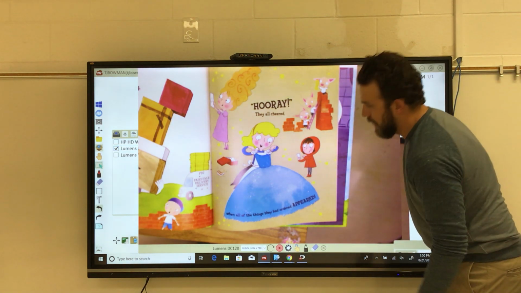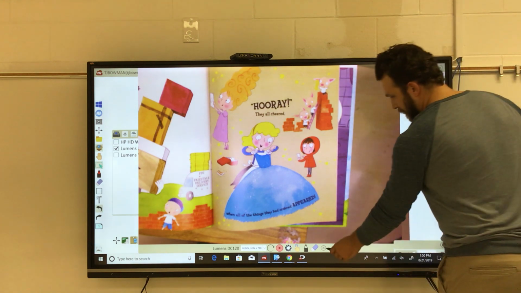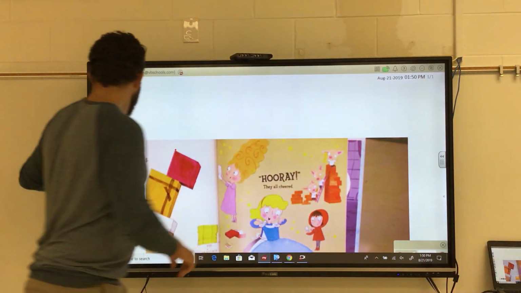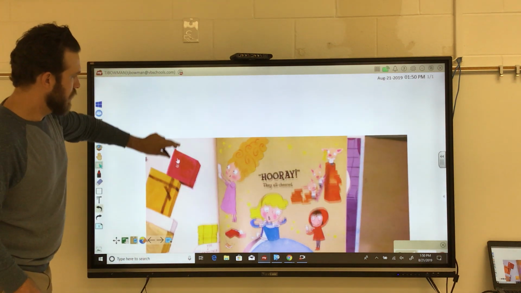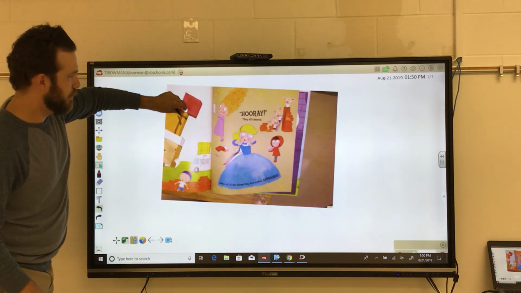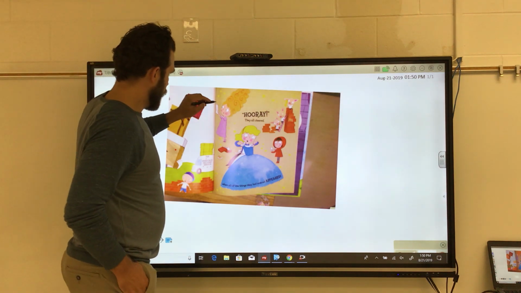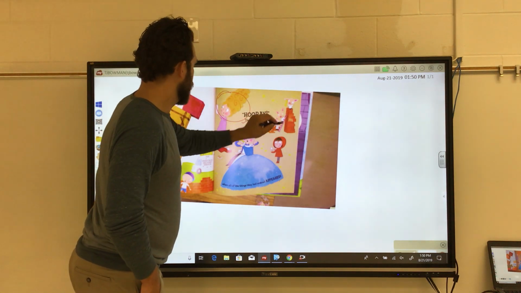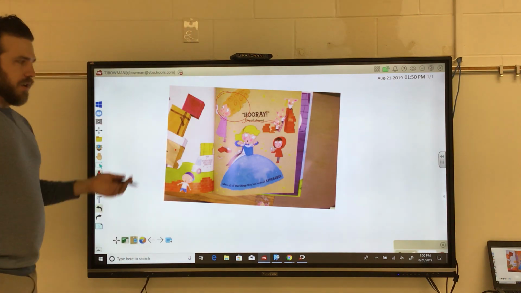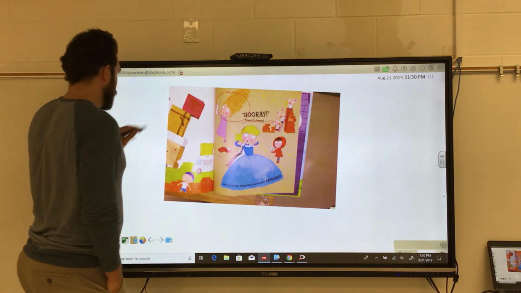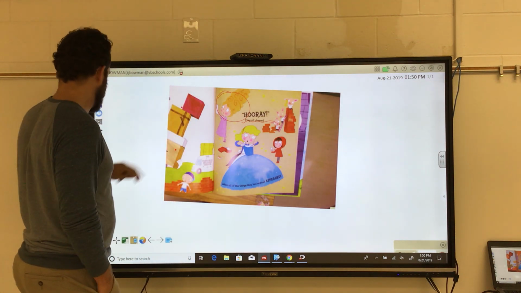If I click that one time, it's going to take a screenshot. I can close that, and now I've got an image of my screen right there on my board. So now you can do anything you want to it that you could do with any other image. You can write on it, you can add text to it, you can enlarge it, you can shrink it down, anything that you might want to do. Okay, let's get rid of that